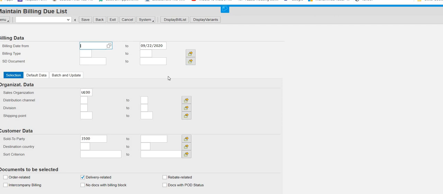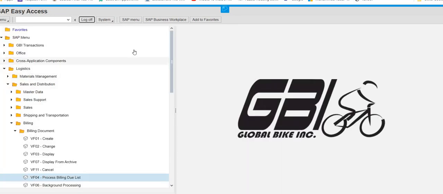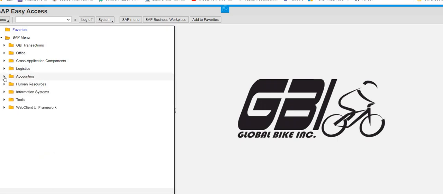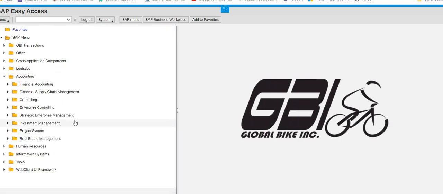The last step is we are going to post this receipt in an accounting document. That step is a little bit longer, but maybe it will take 5 minutes, not more than that. So I will go out from this transaction. Now I have to follow a new path, that is accounting. So I'm going to close this logistics tab and click on accounting, then financial accounting.